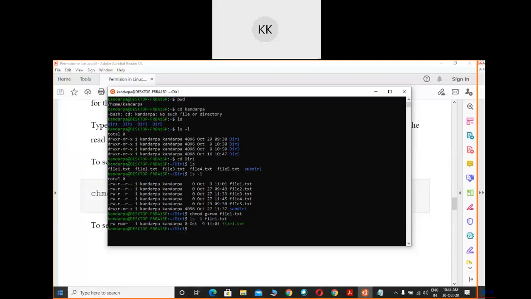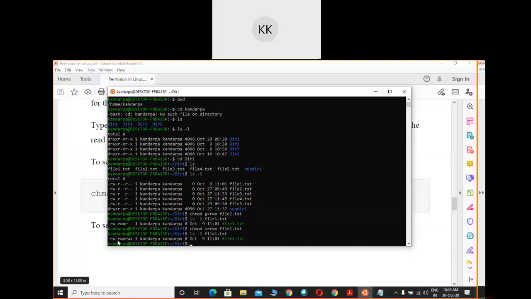Now you can see. Initially, what was there? Look: read, write, blank; read, blank, blank. Now look what has come: read, write, blank; read, write, execute. In the same manner you can assign permission to the others also. What command are you going to use? chmod, put the O, enter. Now put ls -l. See, now all these have changed.